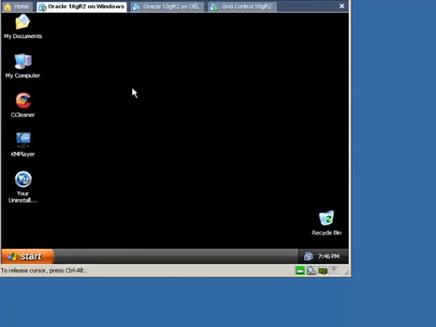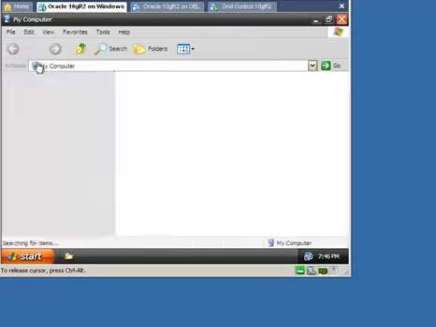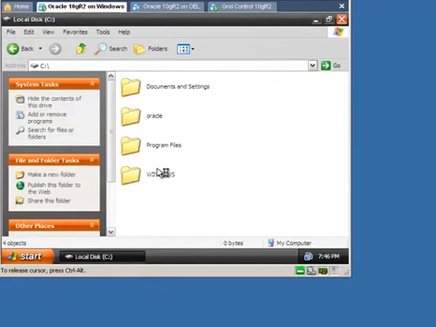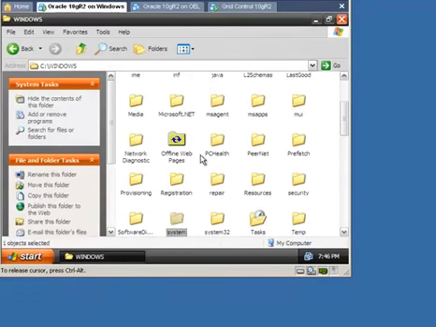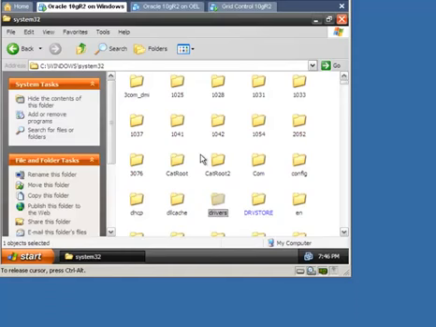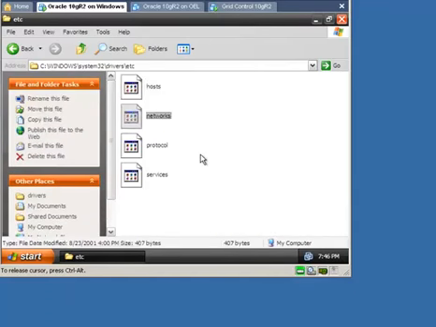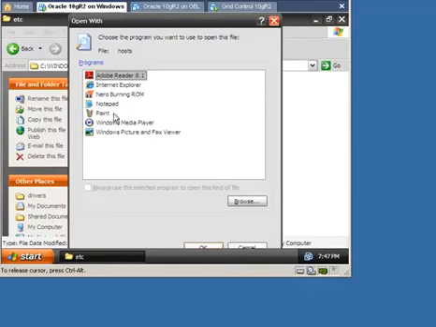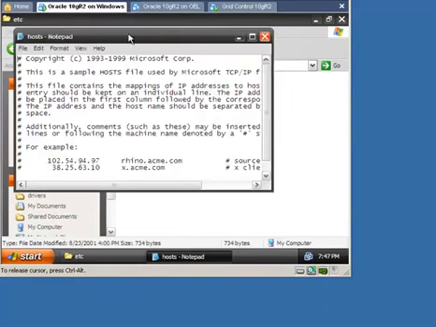To deploy the agent, we need to change the hosts file in the Windows operating system. So let's find it. Drivers, etc, hosts. Open it in Notepad